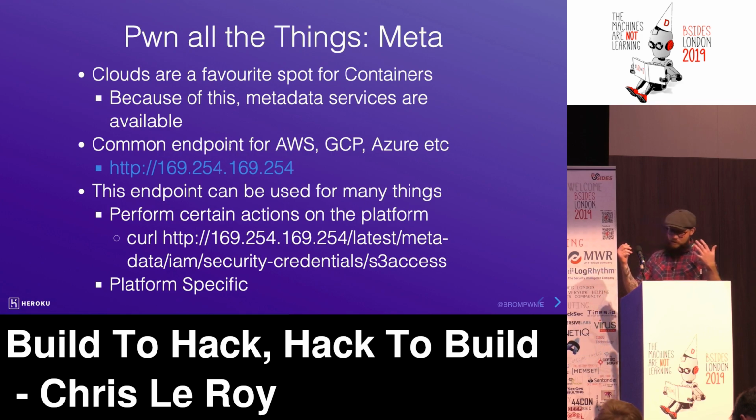And because of this, you can find your metadata services in containers. So good old 169.254, it's in AWS, it's in GCP, it's in Azure, it's in a whole bunch of other clouds. And this is really cool because networking is hard in containers. And when these endpoints and metadata services are exposed, depending on the platform, you can do a lot of cool stuff. So for example, in that instance there, that curl command, if you are in an EC2 instance